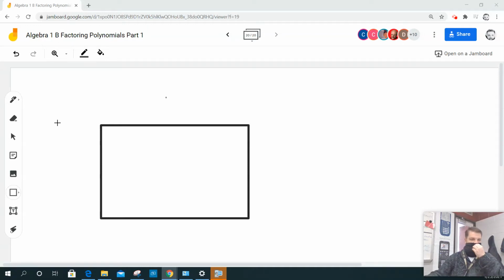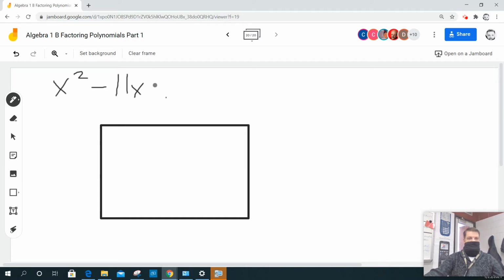All right, so the next thing they want us to do, I got all fancy with the artwork on this. We've got to factor x squared minus 11x plus 28. Now, if you think like this, you've got to be thinking, okay,